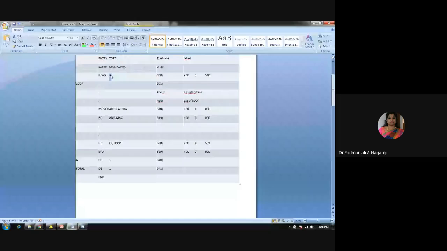Anyhow, this instruction is beginning at the location called 500. So how will the object module produce it? The object module will produce this: the code of the read is 09, and the first operand is absent here, no first operand, so therefore it is 0 here. And time being, A will be here as